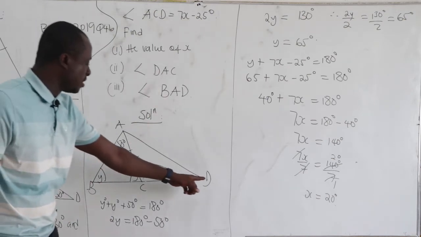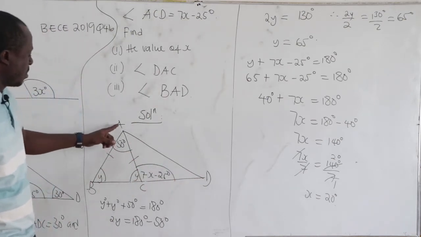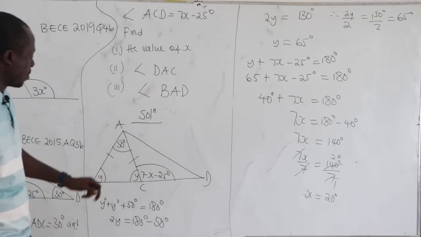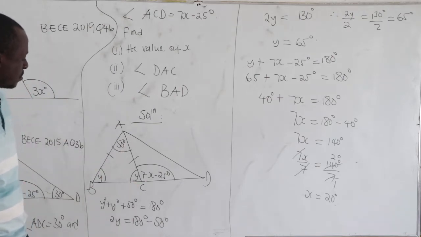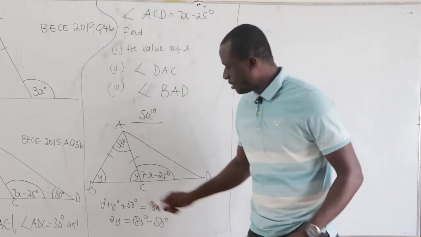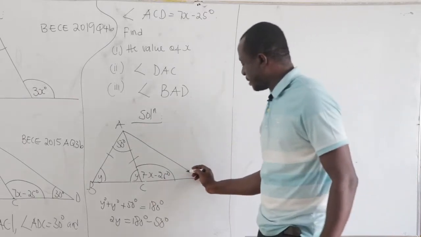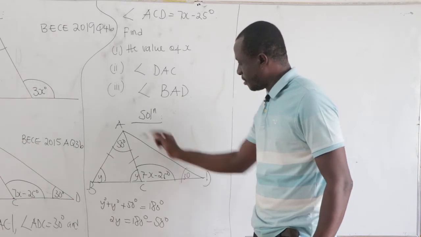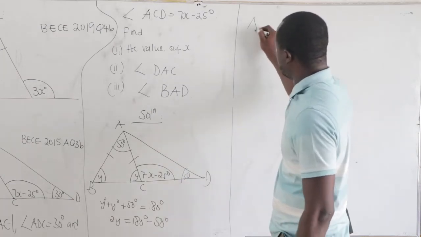We want to find DAC. You want to find the angle over here. Now what is the angle at D? The angle at D is 30 degrees. So when you consider that this triangle